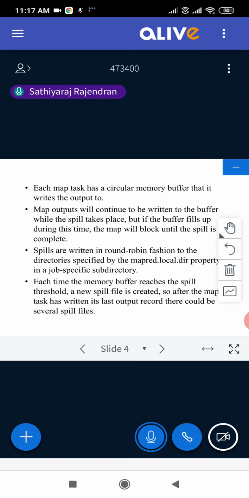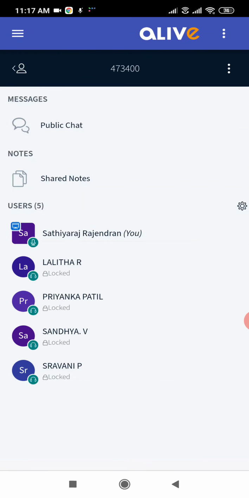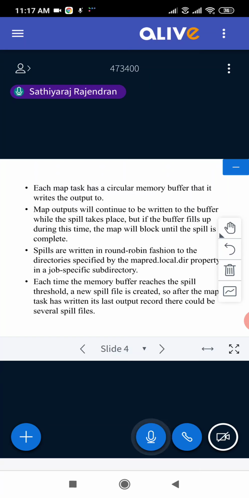So here spills are nothing but additional, you can also call it overloaded. Once your buffer limit gets overloaded, all the tasks that you assign will go into a spill. That is called a spill, and it will then be allowed to execute in a fashion. Let me take that I have a process and I have a spill. A spill is the additional data that comes out in excess of the threshold value. Treat that the spill is not a duplicate of it.